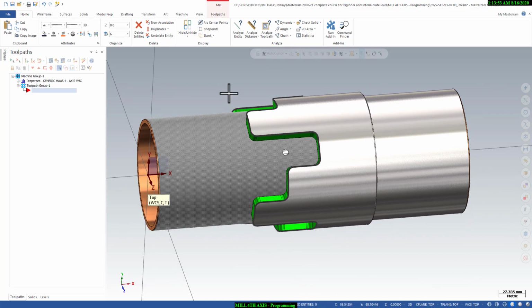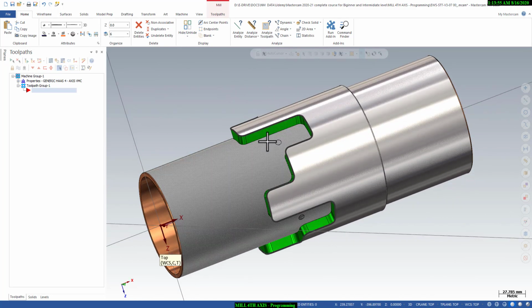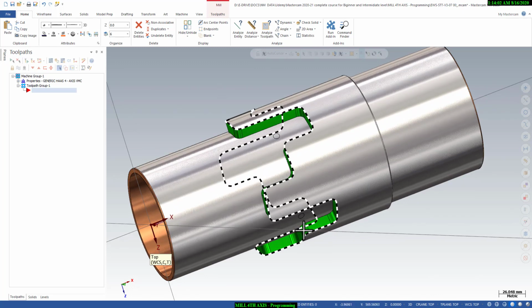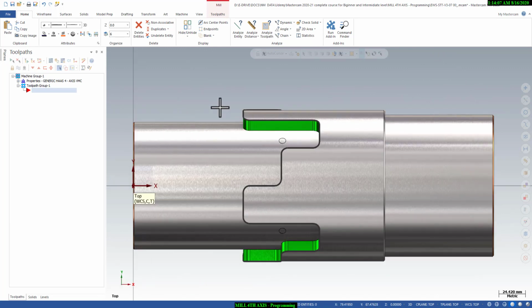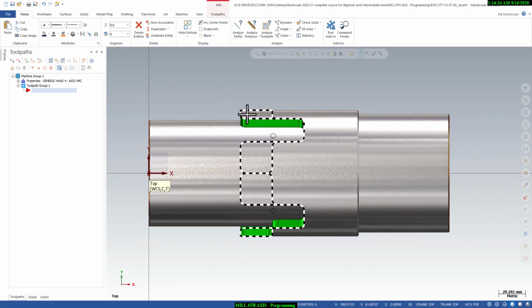We have to create a program for all this area. We have to rough this area, and then we have to do finishing of this area. So we have to create multiple programs. We will create all these programs by using Mastercam 2D operations, and in the 2D operation there is an option for axis substitution. We will use that and convert the same 2D program into a 4th axis program. So let's start. We will unwrap this geometry, we will make it flat.